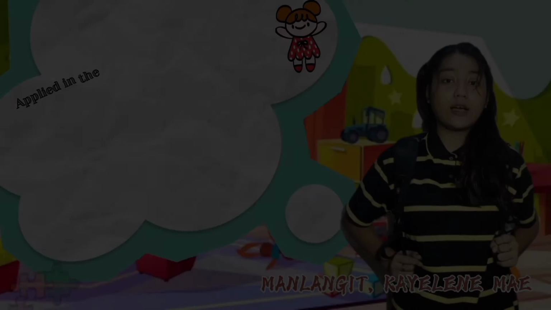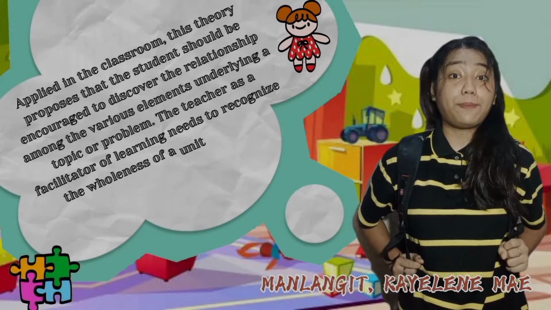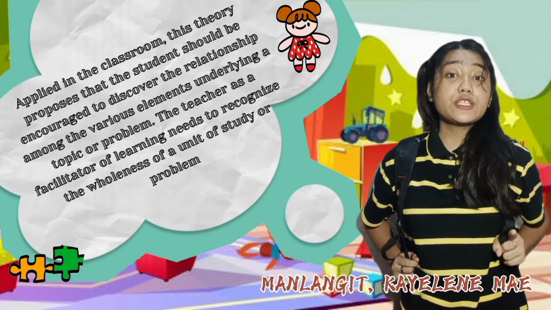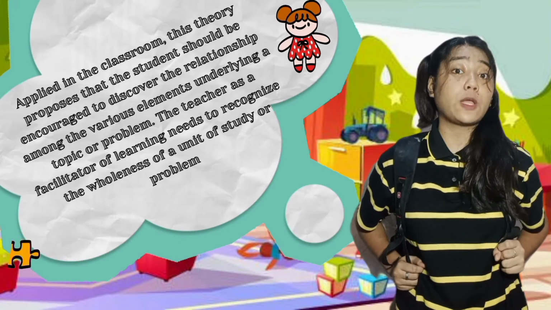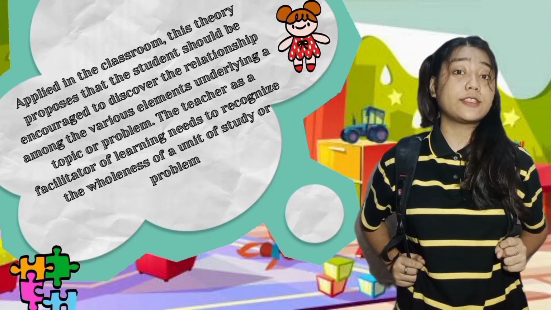Now I understand the theory. I will try to give an example. This theory can apply in the classroom. This theory proposed that the student should be encouraged to discover the relationship among the various elements underlying a topic